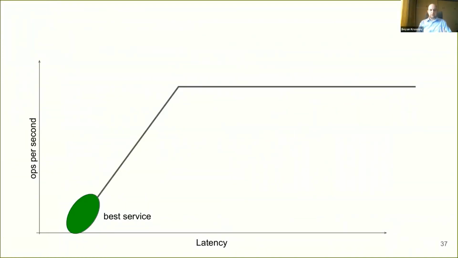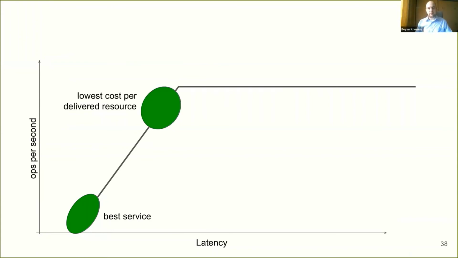So, important to understand: every transaction processing system has a latency versus operations chart that looks something like this. If you have a low load, you'll get the lowest latency. If you increase the load, you get a slightly higher latency and you get the lowest cost per delivered resource,